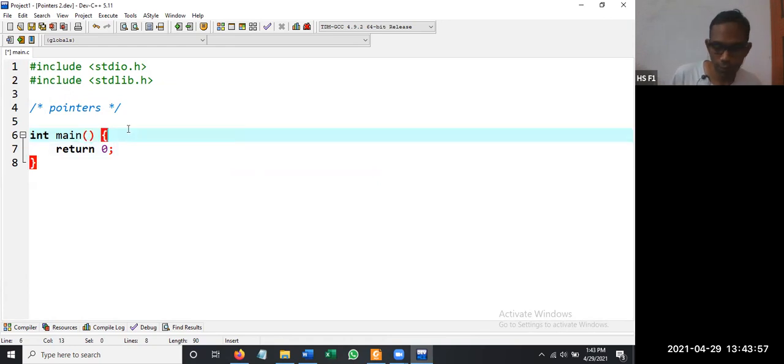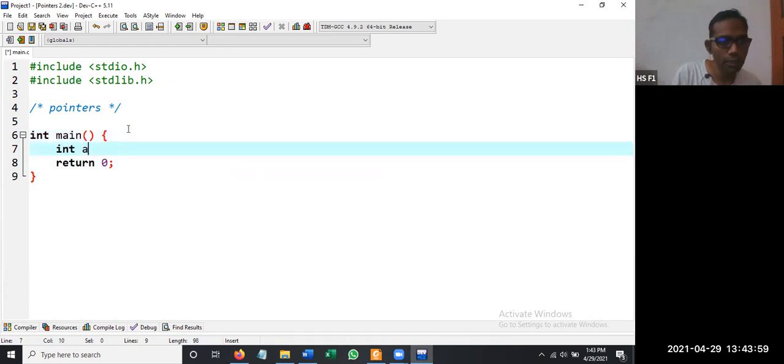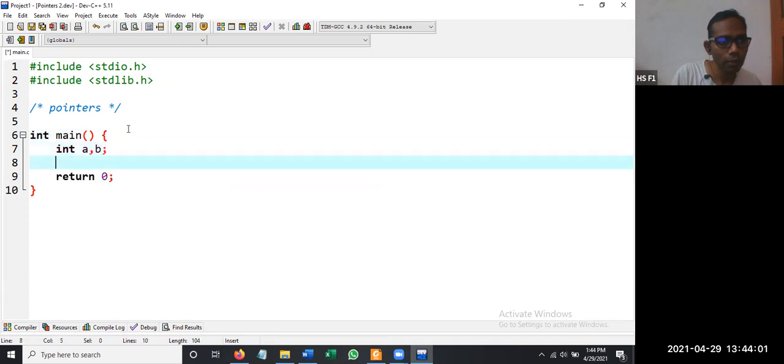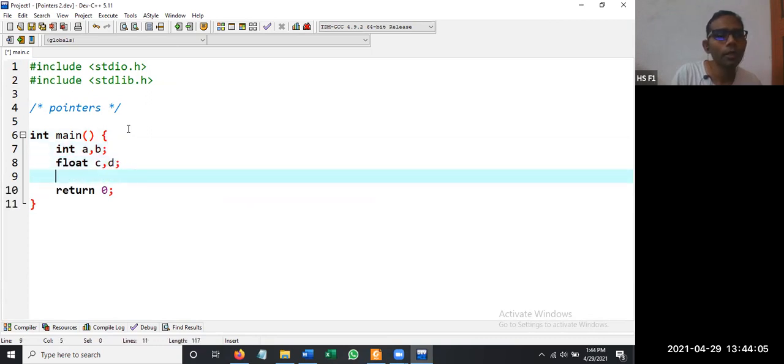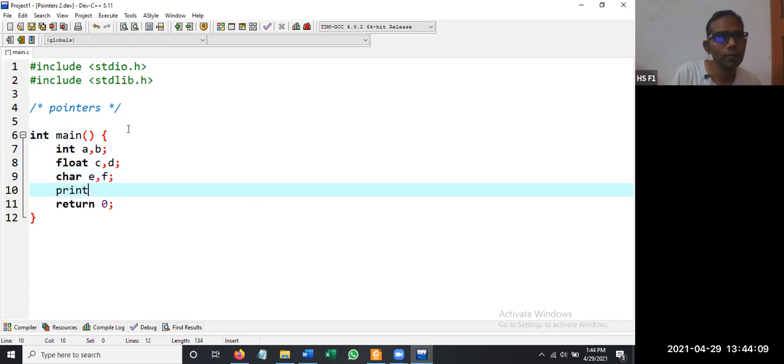Now let us create variables of type integer, int a, b, then float c, d, character e, f. Now let us ask printf.